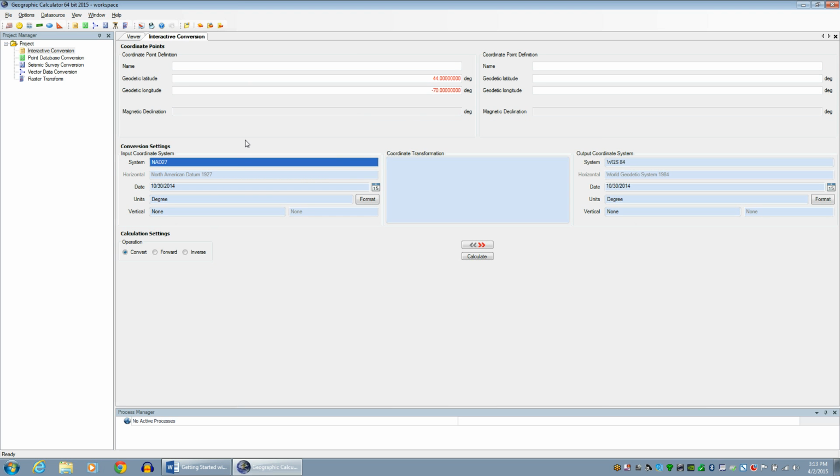So here we are back on the interactive conversions for single point conversions. And we've entered in a coordinate already. So in this case, 44 degrees north and 70 degrees west longitude. You'll see that I've used a minus sign to designate that I'm going west. You can just as easily use either a prefix or a suffix of the cardinal directions. So N or S for north or south, E or W for east or west. And that can actually be a prefix or a suffix, and you can insert a space or not. It's a very flexible interface, and it will recognize any of those designations,